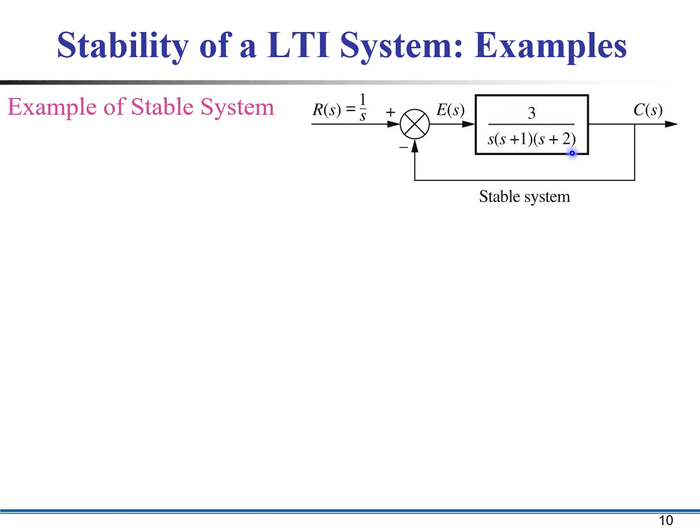Now if we look at the open loop system, there is one pole at -2, the other pole is at -1, and another pole at 0. So this means S is on the imaginary axis, which is at the origin. Therefore the open loop system 3 upon S into S plus 1 into S plus 2 is a marginally stable